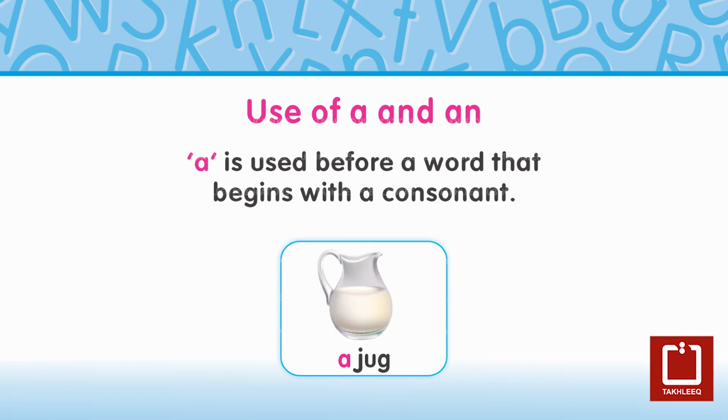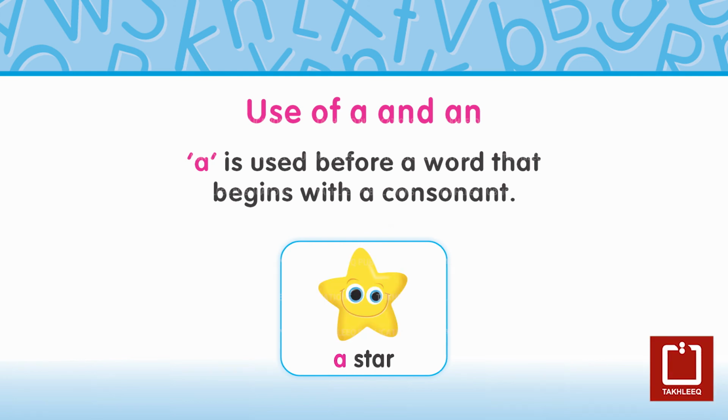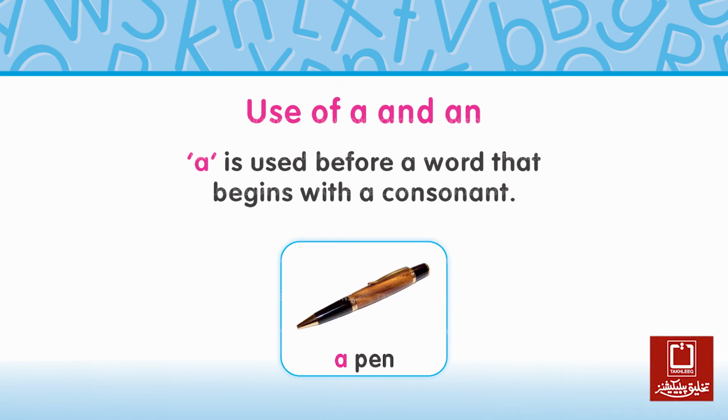This is a jug. ये एक जग है। A jug. एक जग। This is a book. ये एक किताब है। A book. एक किताब। This is a star. ये एक सितारा है। A star. एक सितारा।